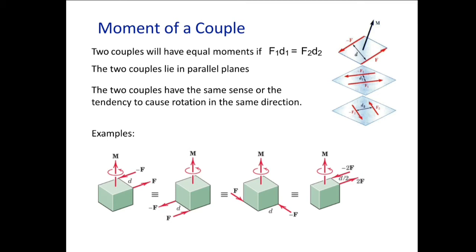Now again if we change the position of the force system, likewise in the third diagram, here the positive force is applied at one corner and at the opposite corner the negative force is applied. So there will again be the same formation of movement, or the same rotation on the cuboid. So likewise two couples have the same sense, or the tendency to cause the same direction.